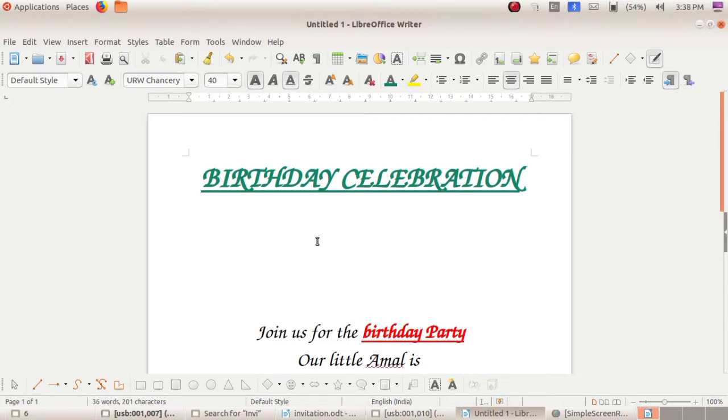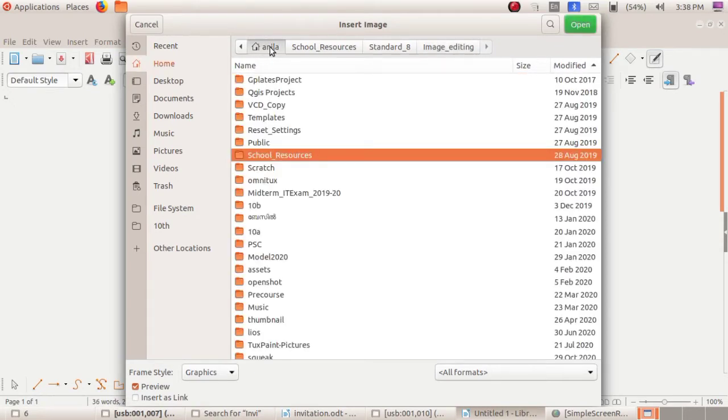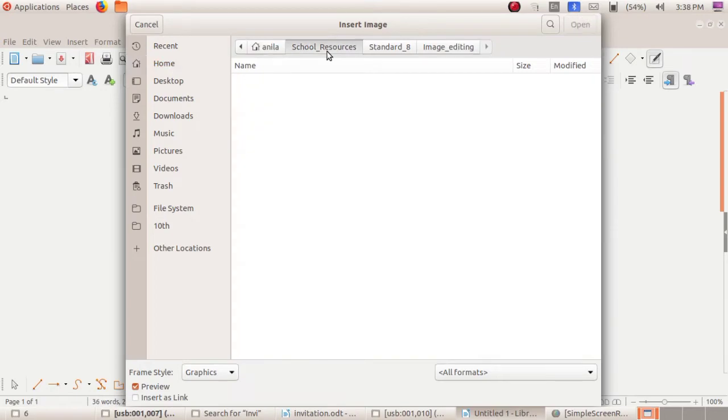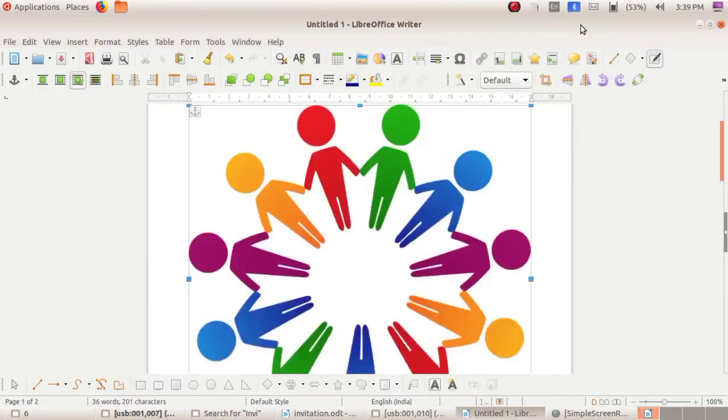Now I am placing the cursor here, and you can see the insert image option. This is the insert image option. Click on that. From this you can select images from the computer. See, I am selecting this image, so click on the open button.